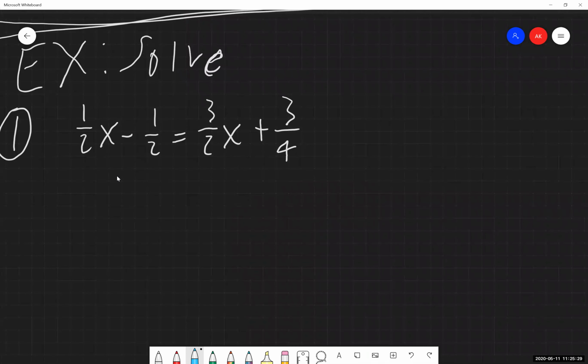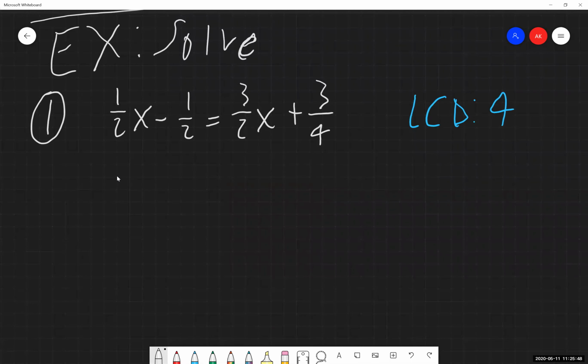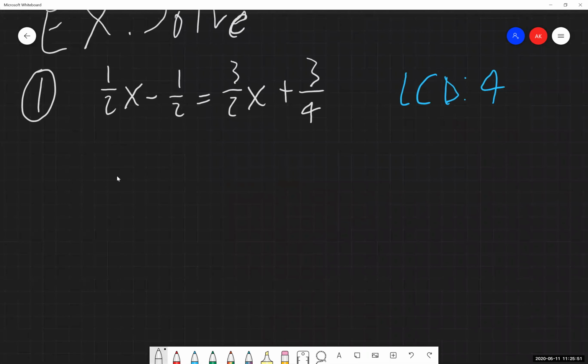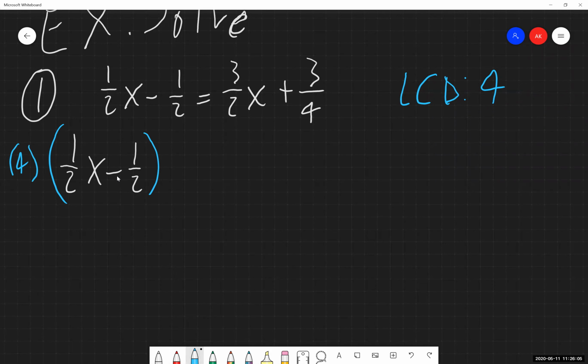So if we are going to eliminate fractions, which is the plan, we need to determine what is the lowest common denominator between all of the fractions that show up in this problem. And the lowest common denominator in this case is going to be 4. Now there's a couple ways you can write this out for yourself. I'm going to go through and show multiple steps with this because I think it's worth seeing. But again, our process says I'm going to multiply both sides of the equation, meaning every single term, by that lowest common denominator.